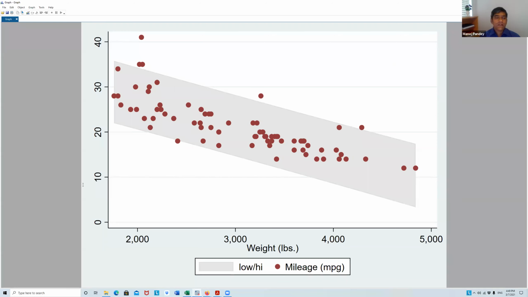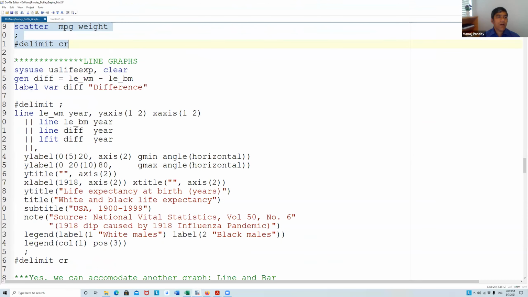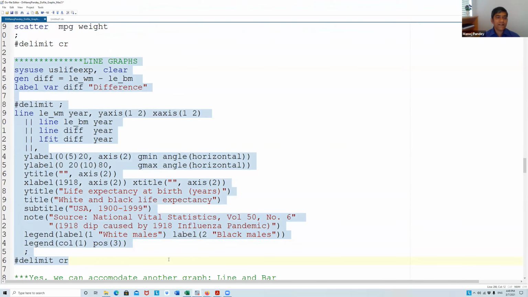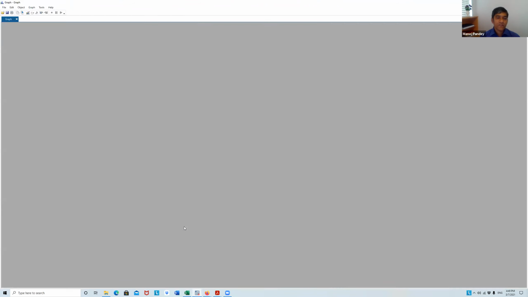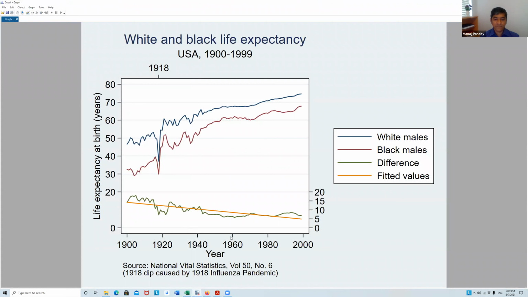Okay, and then you have the line graph. If you work with time series data, you have to have an affair with the line graph. Look at this. So this data is there, and this kind of line graph you can have.